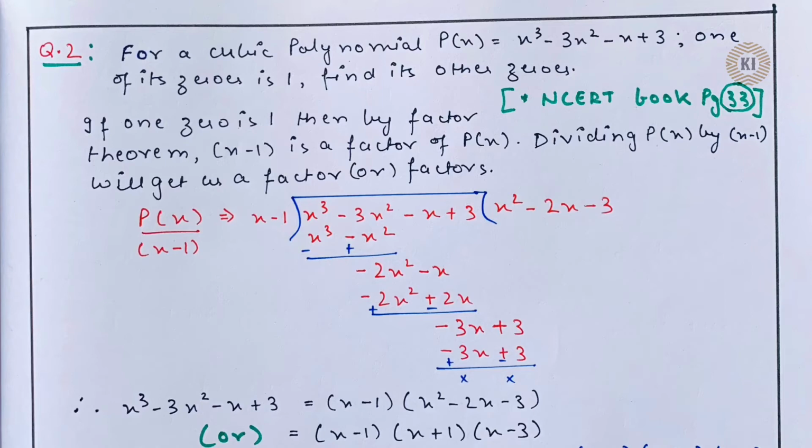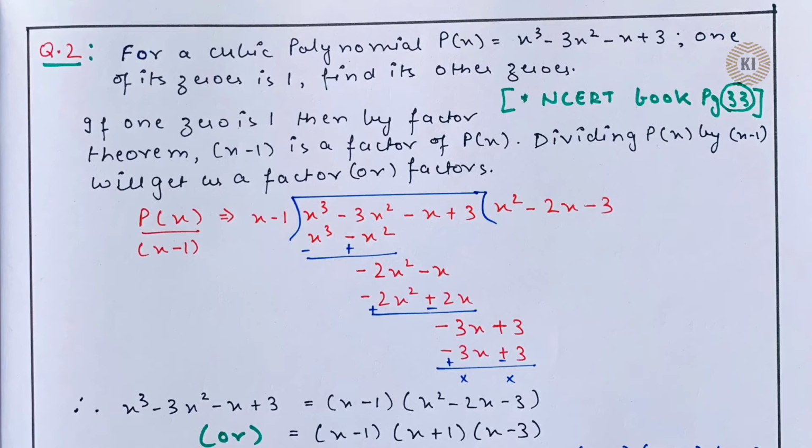So the same division algorithm concept we are applying to polynomials. So p(x) I am dividing by x minus 1. This division you have studied from class 8th. First you compare the first term, so x square will come. So x square will be the first term of our quotient. Then the second term will multiply and keep on dividing, and you will get x square minus 2x minus 3. I am not dwelling upon the details of division because this is an old concept you have studied earlier, from 8th class, and in 9th class also. So on dividing I am getting x square minus 2x minus 3.